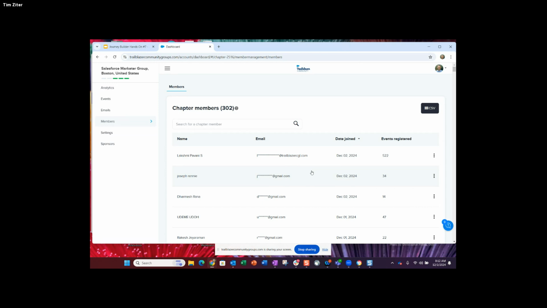So the thought would be we would want to create something like a landing page or a cloud page in Marketing Cloud to capture that information from community members. When they sign up, we direct them to this page where they fill out some more information. Then they're in Marketing Cloud, and then we can start building emails and journeys and start communicating with community members that way.